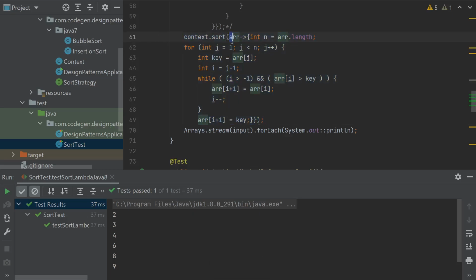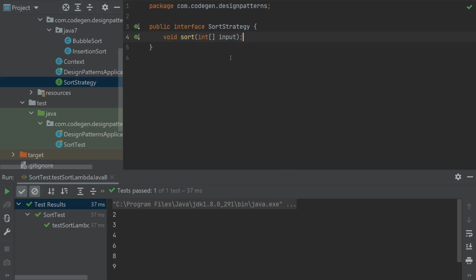because through the lambda expression we provided different code, a different algorithm, as a functional parameter to the sort operation. This is all possible because SortStrategy is an interface which has a single abstract method, so it is effectively a functional interface. Since this is a functional interface, wherever the SortStrategy interface is used, we can assign to it either a lambda expression or a method reference.